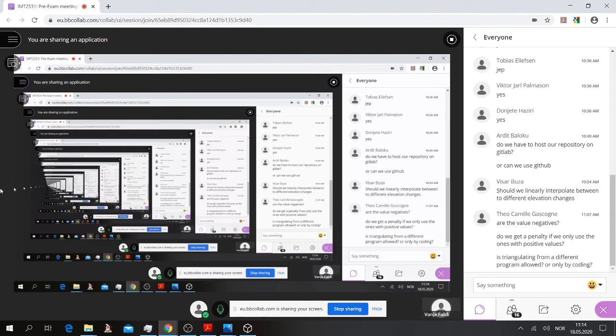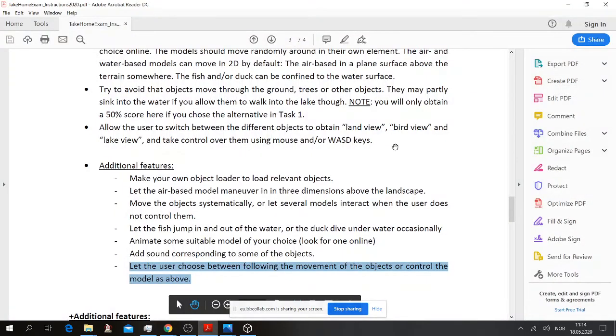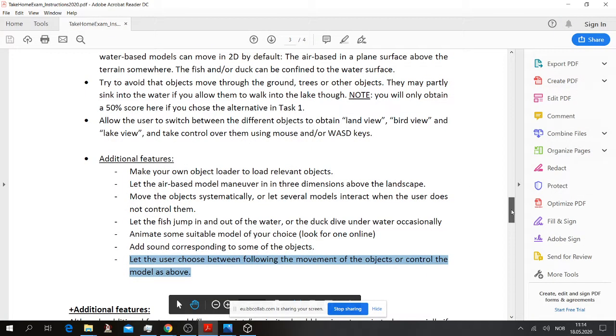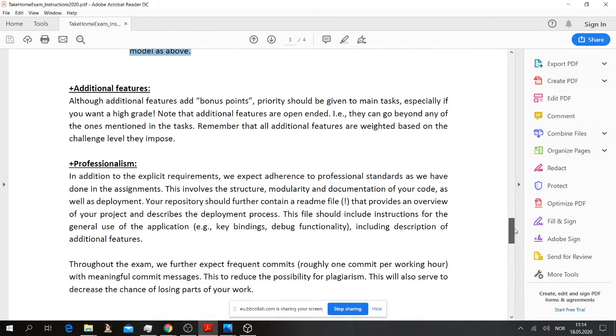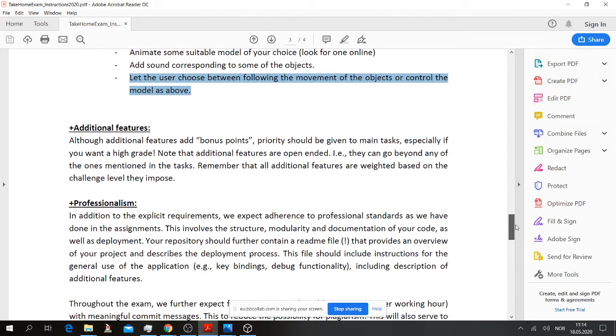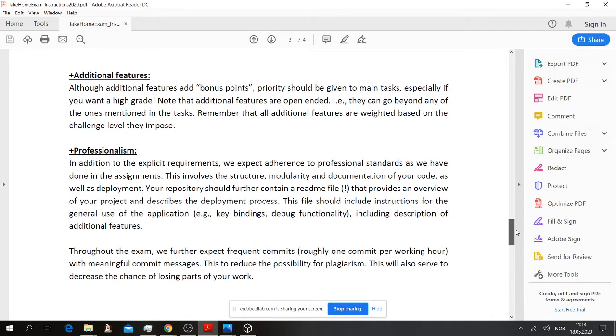Okay, so I will then move on to just explain certain features that are important here, and you'll also of course have the possibility to ask questions after I'm done about all this.